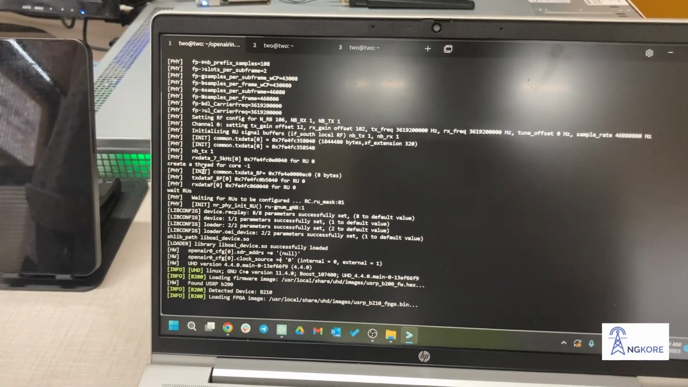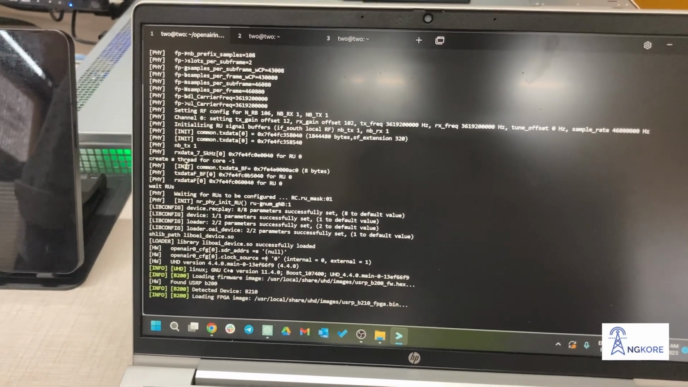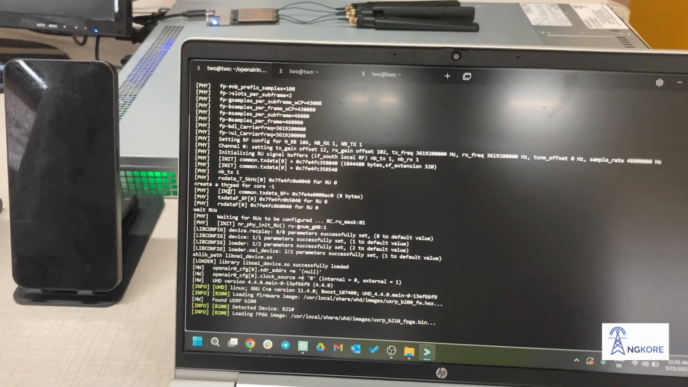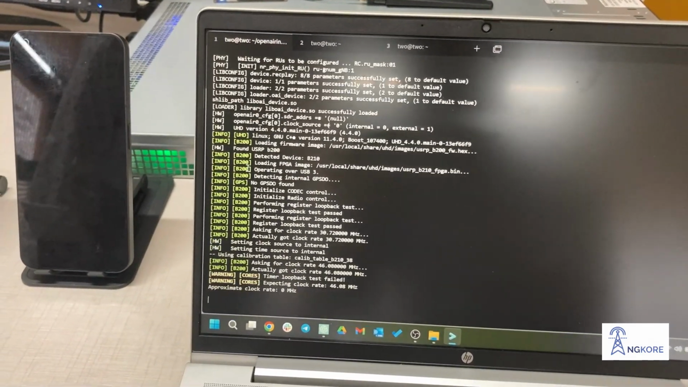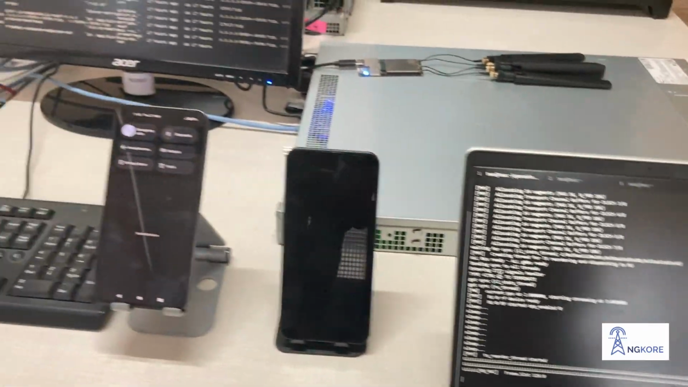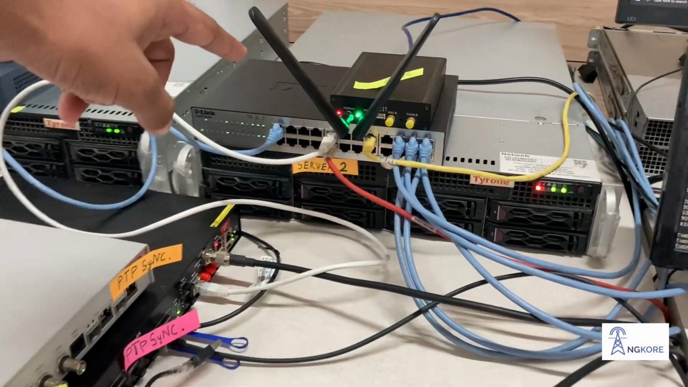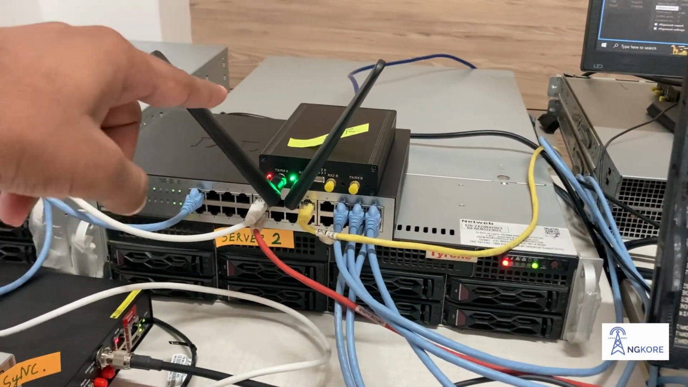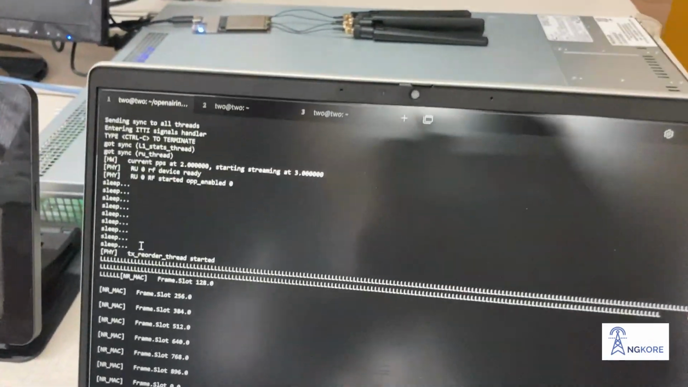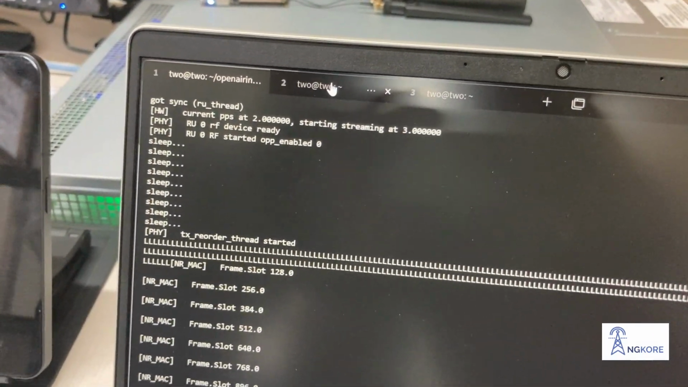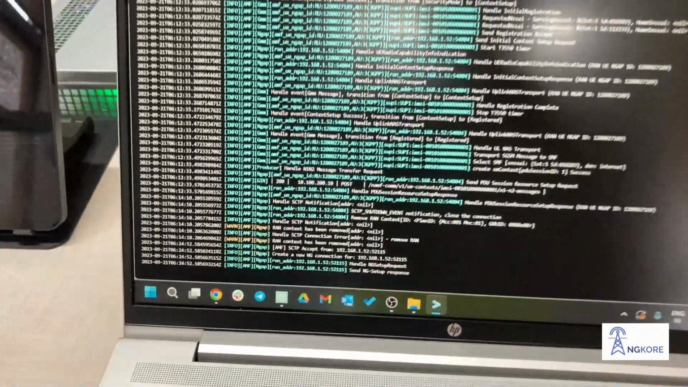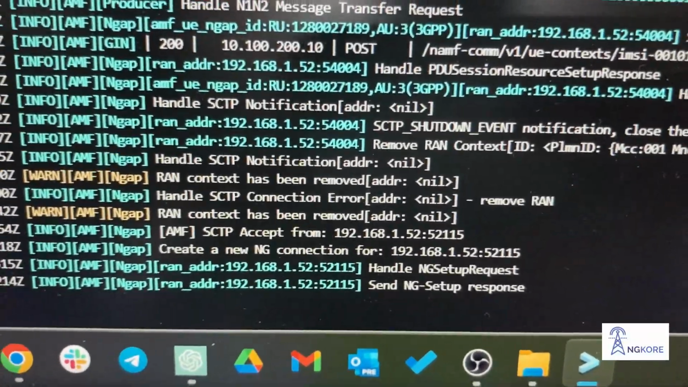You can see it is starting the USRP. USRP has been started. You can also see in this SDR the red and green lights are blinking, right? And now let's have a look on the AMF logs. And let's see if the NGAP has been created or not. So you can see these are the logs of AMF,